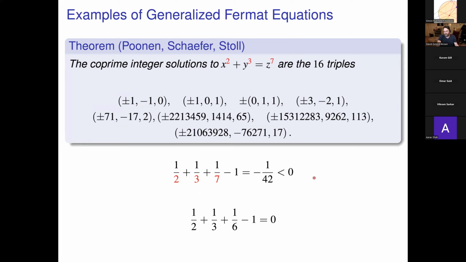Now, it turns out there's no way to turn that into a proof. Why 1 over 42? It's just how that works. If you increase these, this ratio gets more negative, and there's going to be some cutoff, and the cutoff happens to be minus 1 over 42. It could have been 333 or something like that, but